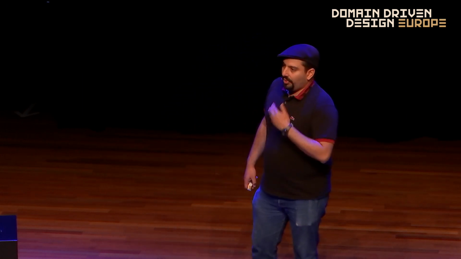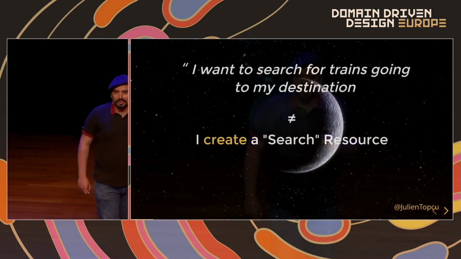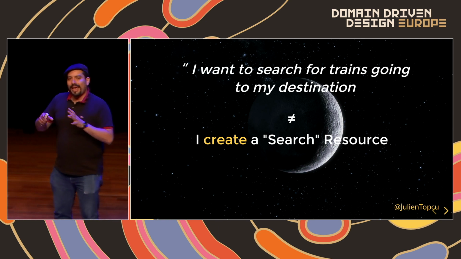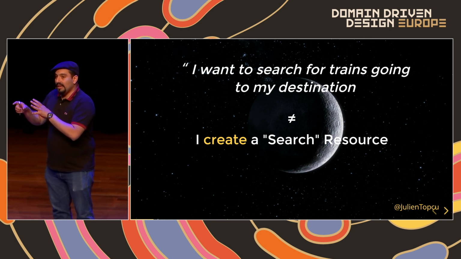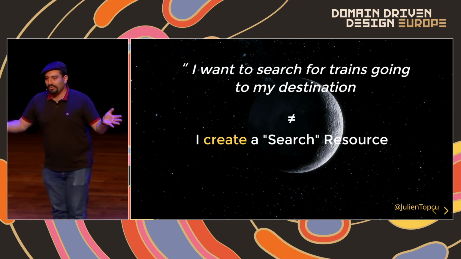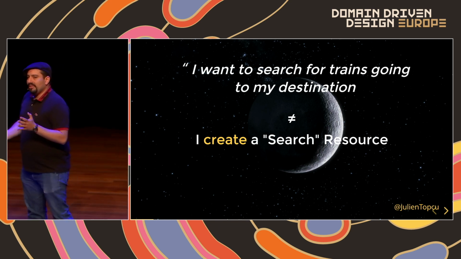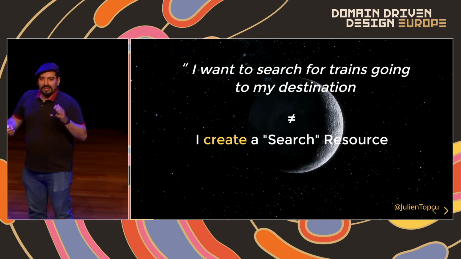And here we can ask ourselves if we are not a bit mad, because the user wants to search for a train going to his destination. He never asks you to create a search resource. But the thing is that your backend is exposing exactly an API saying, create a search resource, right? And I'm pretty sure that you can clearly see that